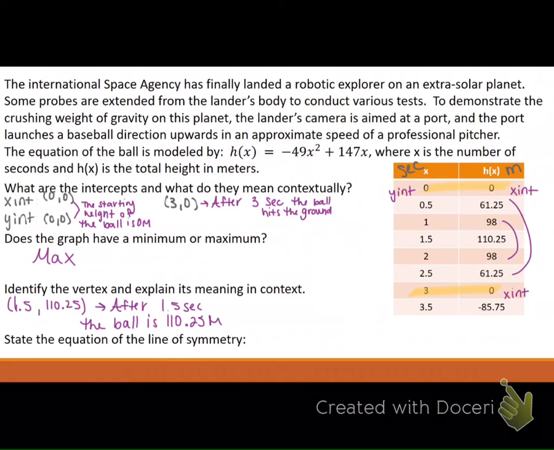State the equation of the line of symmetry. Jordan, what is the equation for the line of symmetry? X equals? It's x equals the x coordinate of the vertex. So what's my x coordinate of my vertex? Yeah, here you go. All right, so